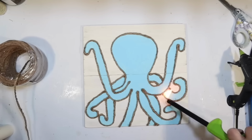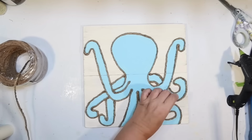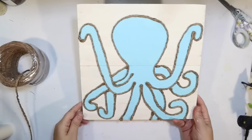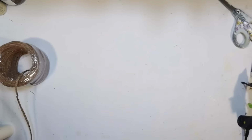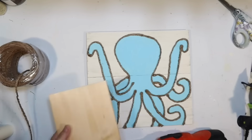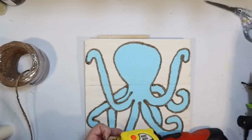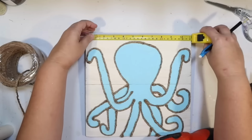So I got it all on there. I'm going in with my lighter, burning off all the fuzzies, trying to clean that up a little bit. And I didn't really like the extra spot on the top of my sign, so I took it to my saw real quick, trimmed it down a little bit just to make myself happier. And now we can drill some holes to make a hanger because I want this cute octopus to be a